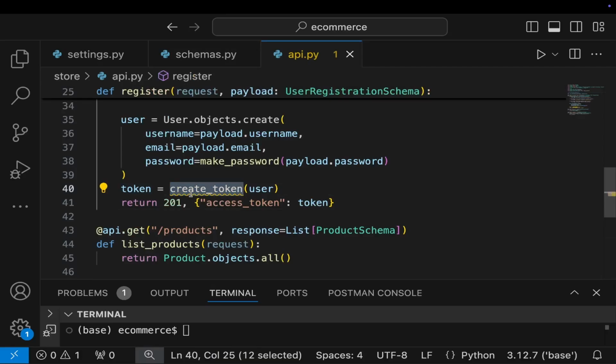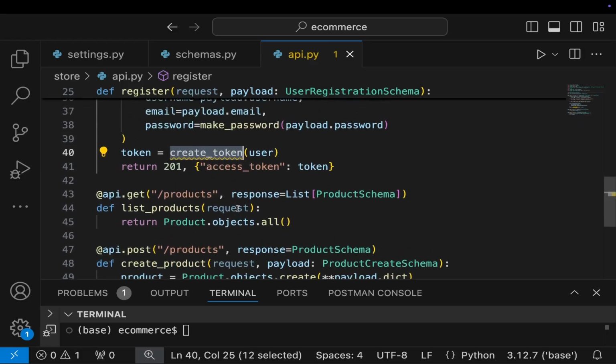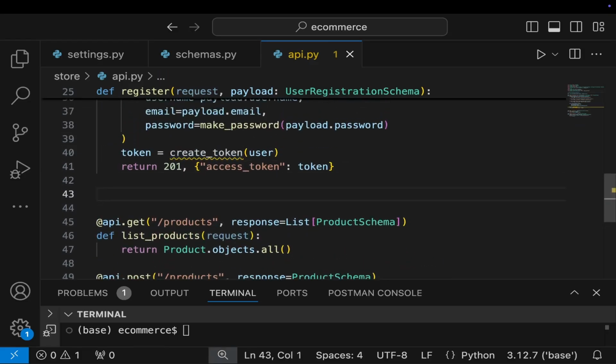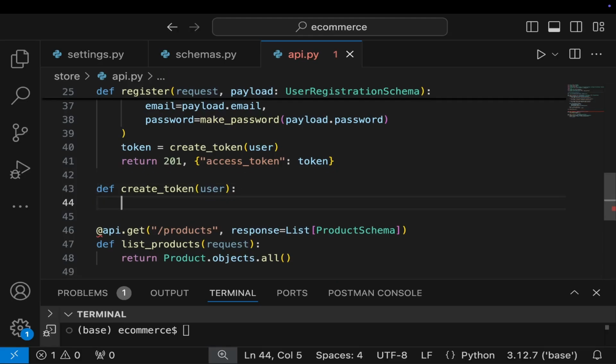We need to create the create token function. To do that, we can create it at the bottom. Let me just scroll to just below it here. Since we are learning, we say define a function called create_token, and this will accept the user. Here we shall start by setting the expiry date, which will be